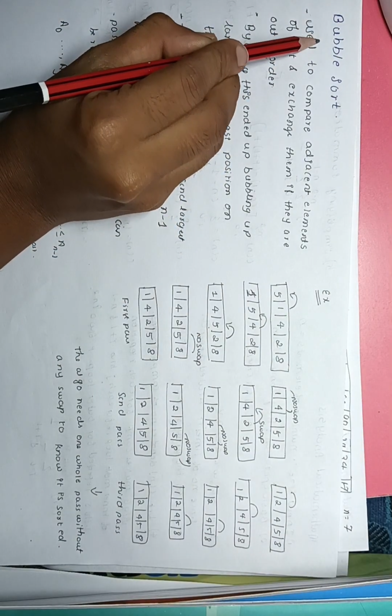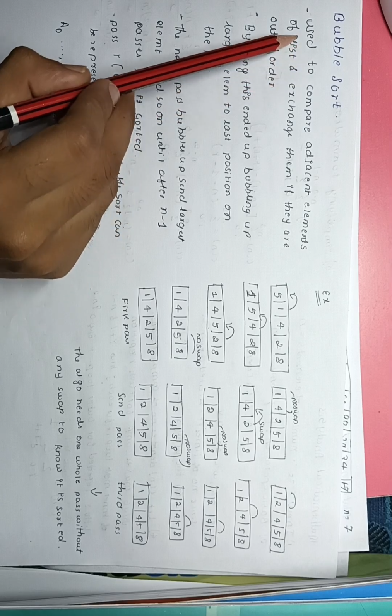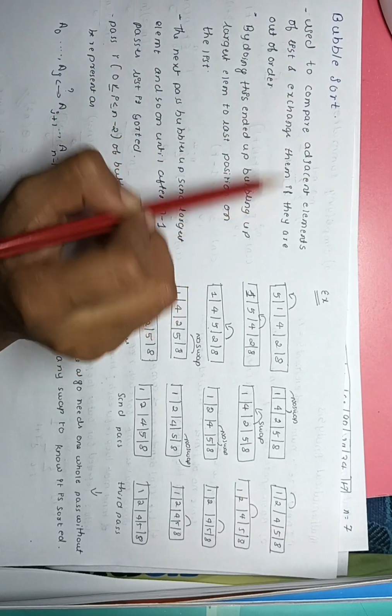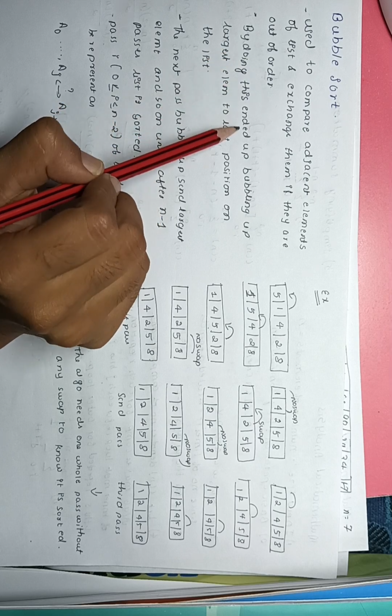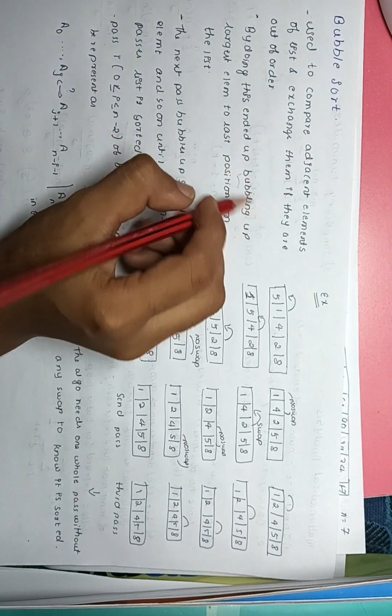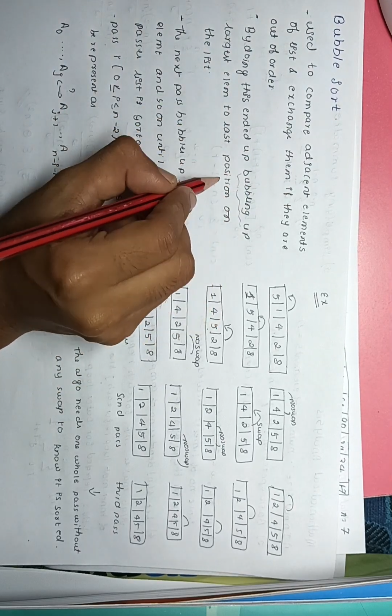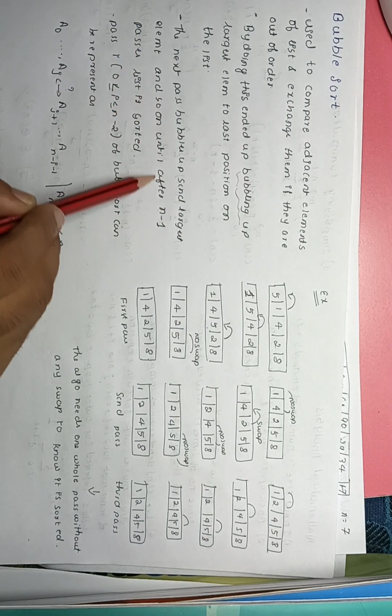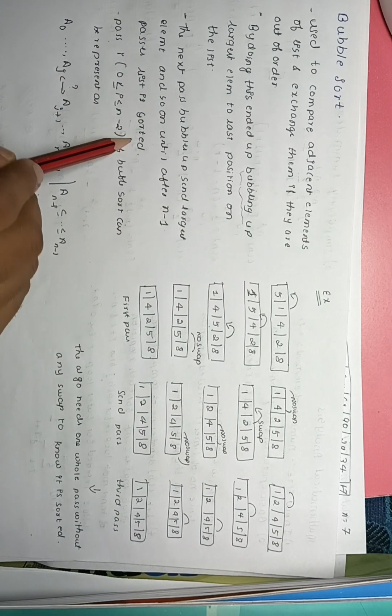The second approach is bubble sort. In bubble sort, we compare adjacent elements of the list and exchange them if they are out of order. By doing this, we end up bubbling up the largest element to the last position on the list. The next pass bubbles up the second largest element, and so on, until after n minus 1 passes the list is sorted. Pass